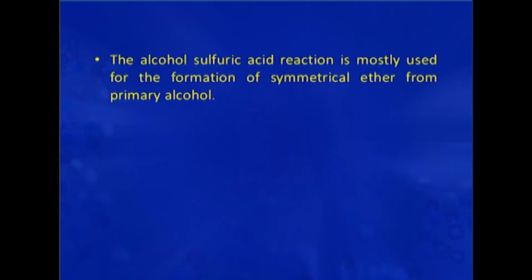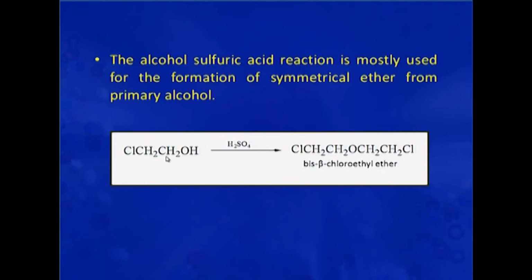So, in other words, we can say that if we want to prepare ether from a primary alcohol, then dehydration of alcohol is a good method. But if we want to prepare an ether from secondary or tertiary alcohol, then that is not a very good method because yields there are quite poor. In case of the reaction of this 2-chloroethanol with sulfuric acid, the symmetrical ether formed is bis beta chloroethyl ether, which again is an example of the